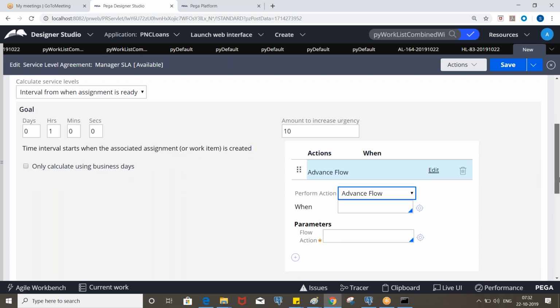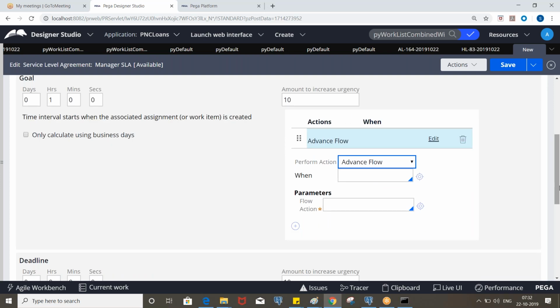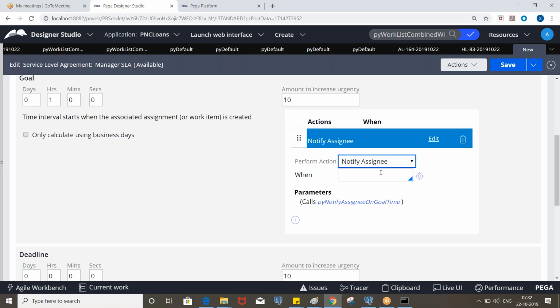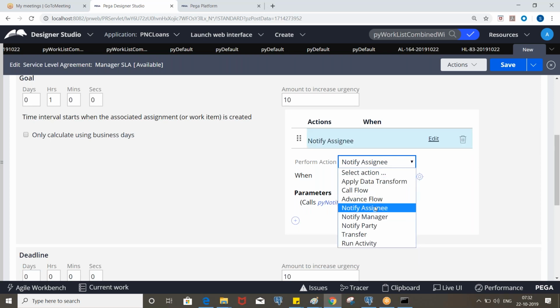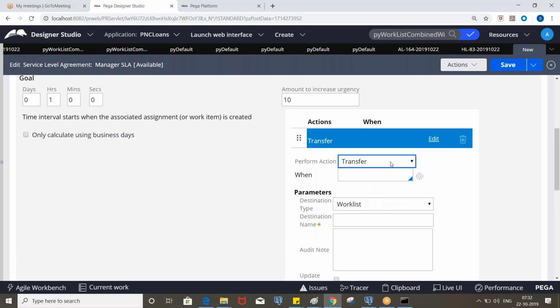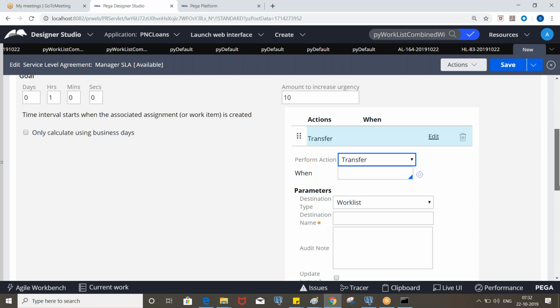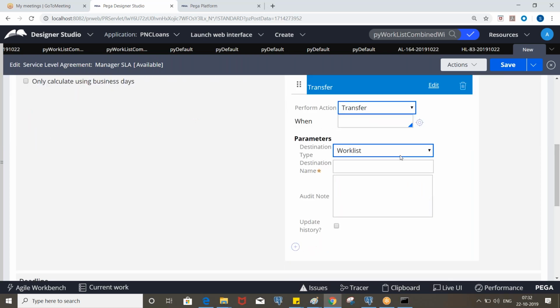Okay, and it will update the status accordingly, that we need to handle. And we can notify the assignee to whom it is assigned, notify the manager, notify the work party, and we can transfer it. So if it doesn't take any action in 1 hour, we need to route it to another operator or another work queue.